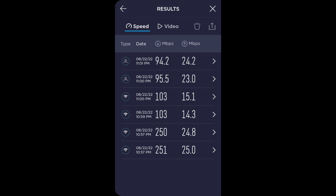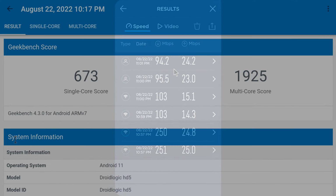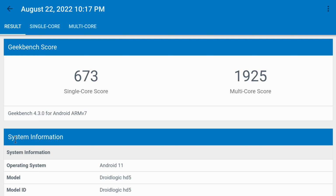And it shows that based on my network speed of 250 megabits per second, the 5 GHz band achieved 100% of my bandwidth, the 2.4 GHz band achieved 41%, and the LAN port, which is not a gigabit LAN port, achieved 38%. In the Geekbench 4 CPU benchmark that performs a test on the CPU's single-core and multi-core capabilities